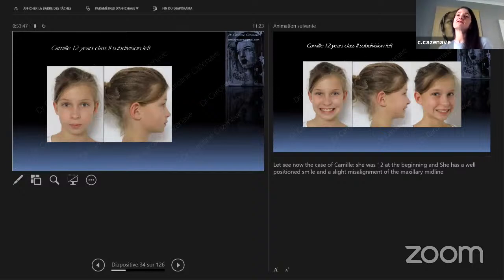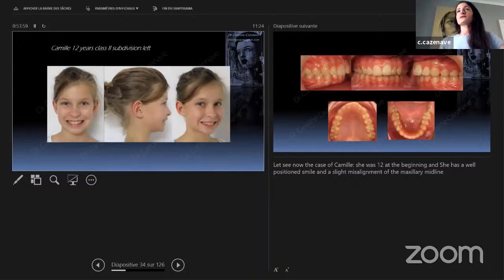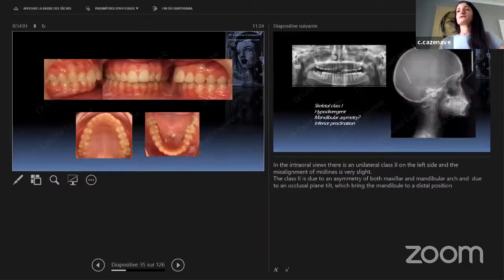Let's see now the case of Camille. She was 12 at the beginning of the treatment, and she has a well-positioned smile and a slight misalignment of the maxillary midline. In the frontal views, there's a unilateral class 2 on the left side, and the misalignment of the midline is very slight. The class 2 is due to an asymmetry of both maxillary and mandibular arch, and due to an occlusal